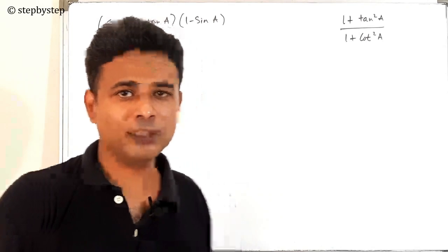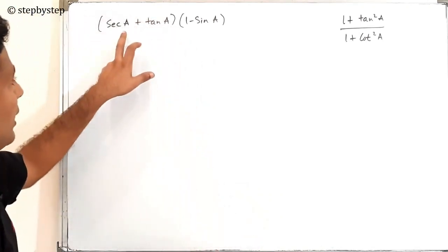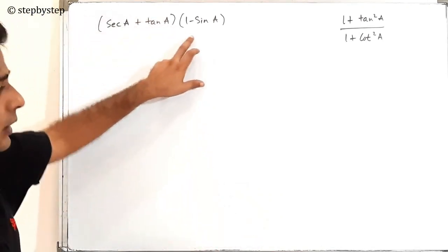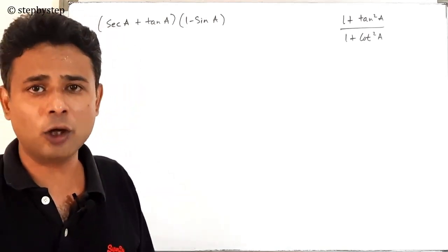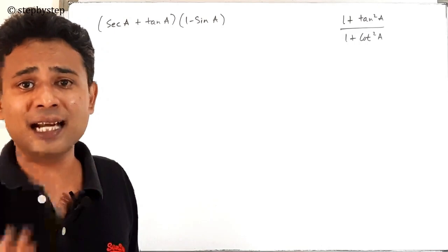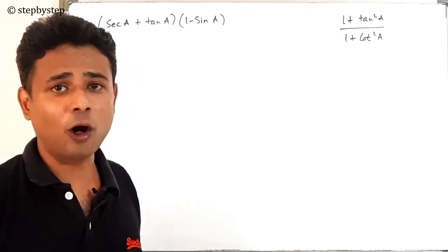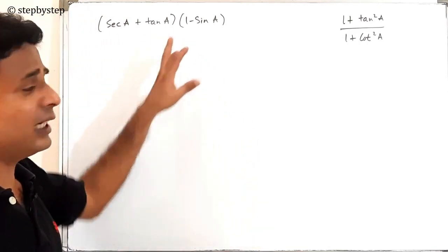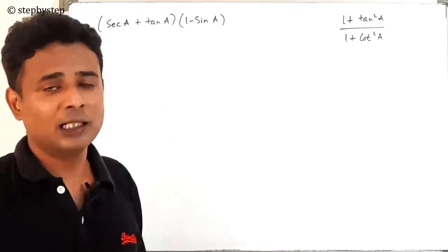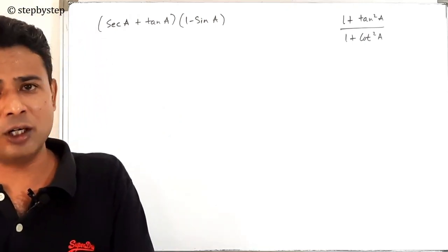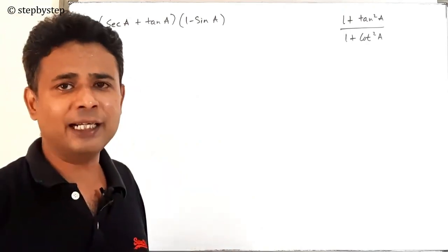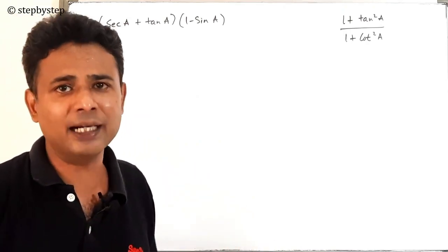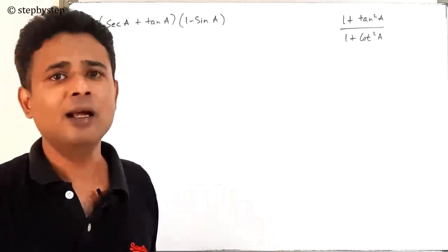Now the third sub question from problem 4, they have given you this into this and you have to prove it's equal to cos a, which means again, guys, on the right hand side there is no tan and cot, which means I'll convert everything in terms of sin and cos. Remember, whenever there is no tan and cot on the right hand side, on the left hand side whatever is there, convert it to sin and cos, and 99% of the times you will get the answer just by simple mathematical operations.